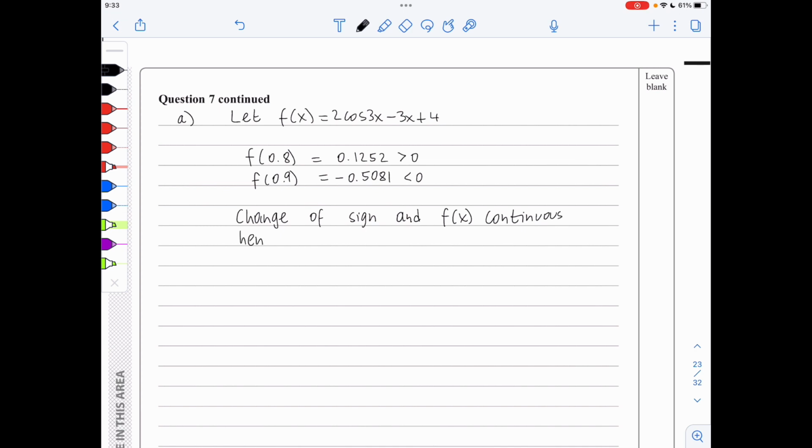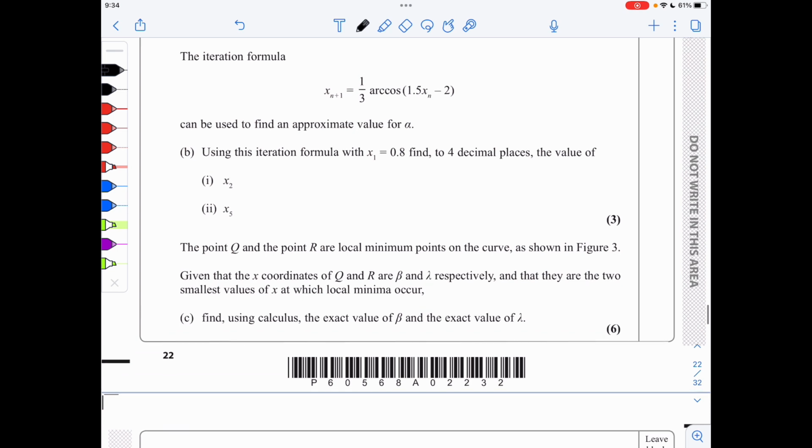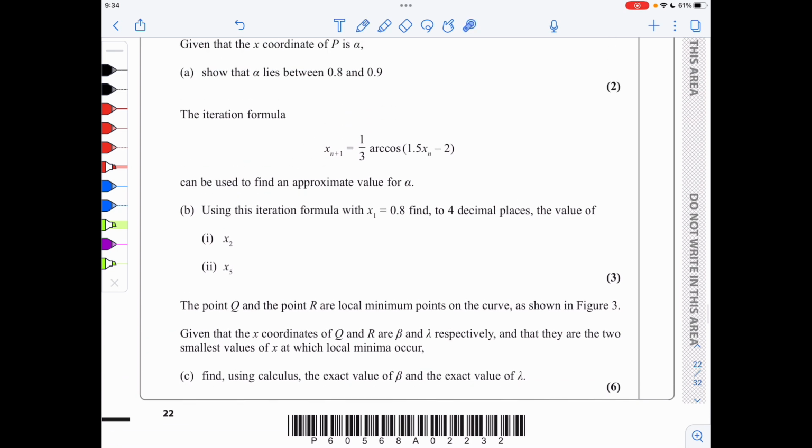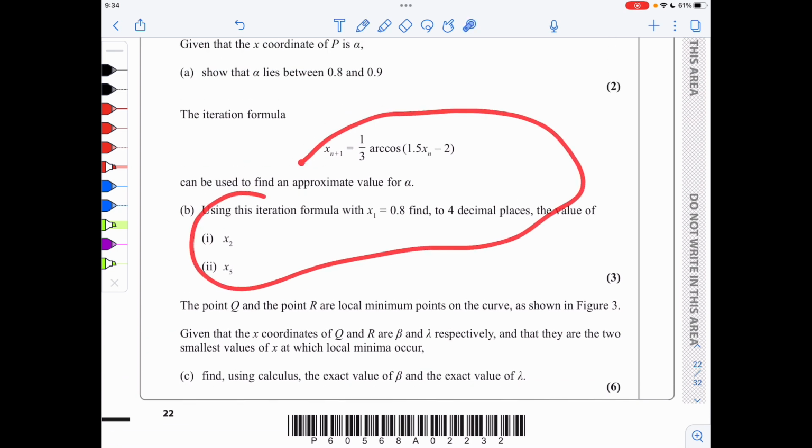So we can say hence alpha lies between 0.8 and 0.9 as required. So this completes the first part. It's imperative you mention the continuity, otherwise you will be penalized. Then in part B, we need to use the iteration formula given here, starting with x1 is 0.8 in order